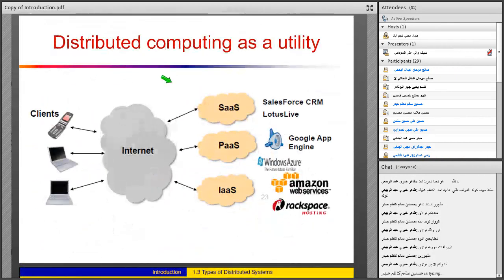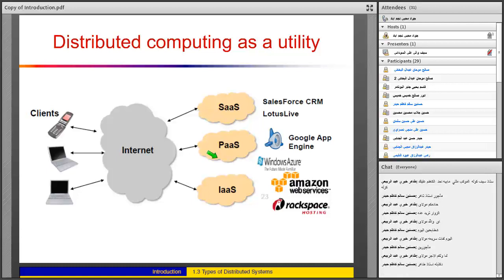And also, we know that the services in the cloud computing are presented in different categories: SaaS, PaaS and IaaS. These services are presented by different organizations. They are very famous and well known. For example, the IaaS services are presented by Amazon and Rackspace, and the PaaS services are presented by Google App Engine, Windows Azure, and SaaS. Again, there are different types of services